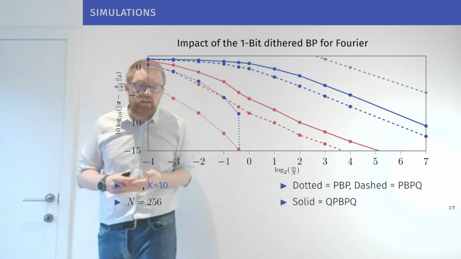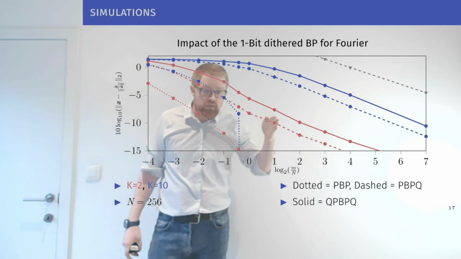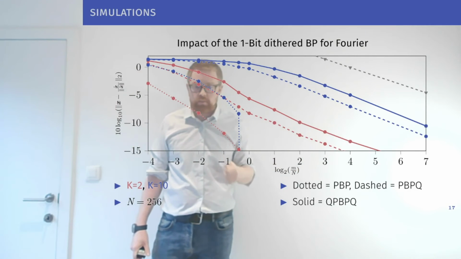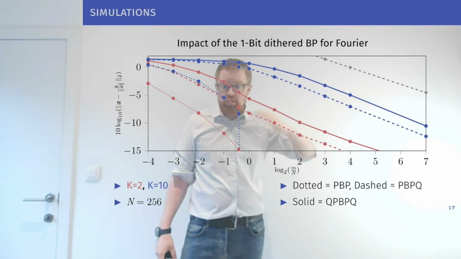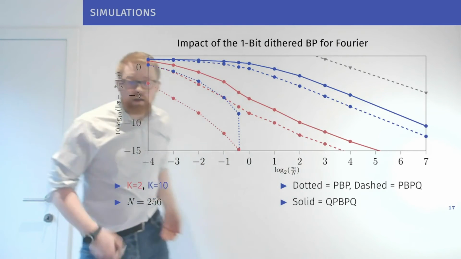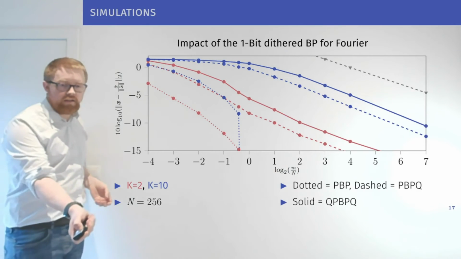Which means that if you want to make up for the loss of resolution in the processing, you just need to slightly increase your measurements, which is quite interesting. And again, if you increase the number of targets to recover, then you need more measurements. I could leave you with that, but we could also try to go even further.